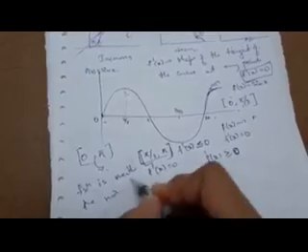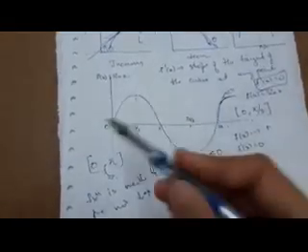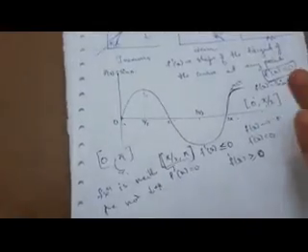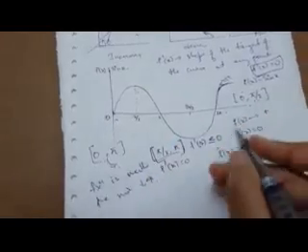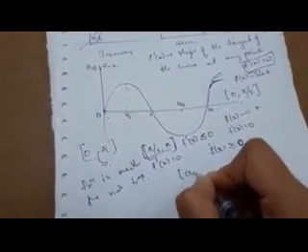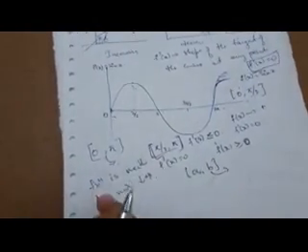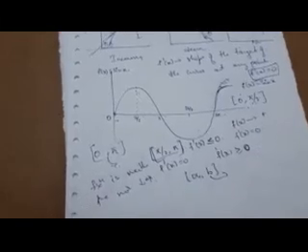nor decreasing. Why are we writing neither increasing nor decreasing? It is increasing as well as decreasing, right? Because it is not only increasing, it is not only decreasing, it is increasing as well as decreasing. So we write that the function is neither increasing nor decreasing. So if in the given interval, whatever the interval might be, the function is increasing as well as decreasing, we write this. This is a basic thing you need to know regarding increasing and decreasing functions.